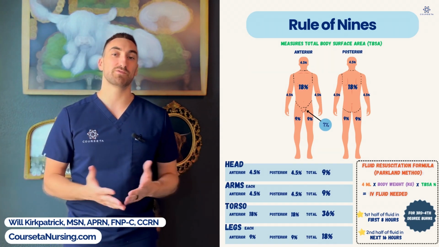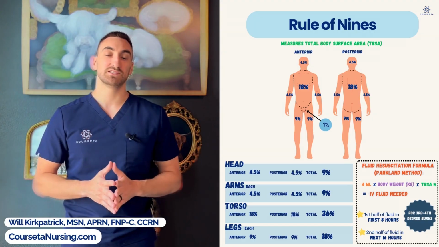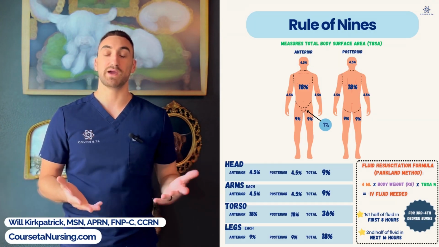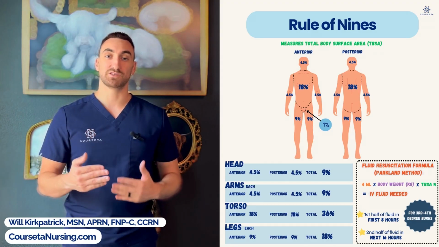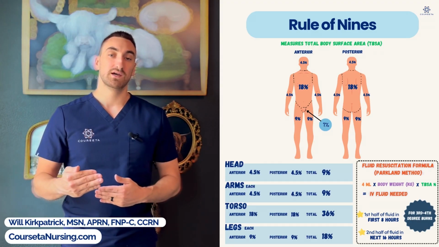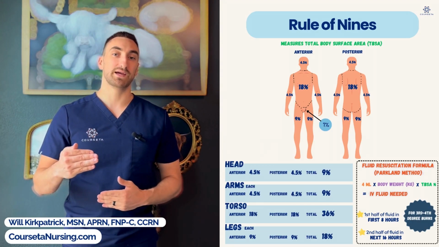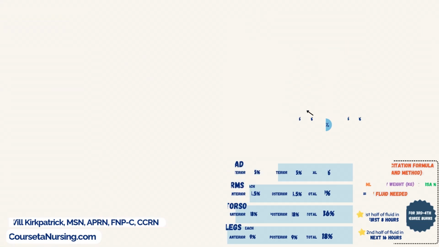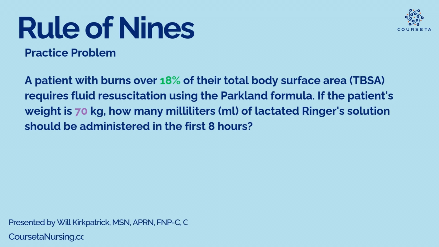So total of 24 hours of this infusion. Let's say that you calculate that there's 1,000 mLs that you need to give your patient. So that first 8 hours, you need to give 500 mLs. And then after that, you slow the rate down and give the rest of the 500 mLs over the next 16 hours. So to wrap up the rule of nines, let's go over a practice problem calculating the total